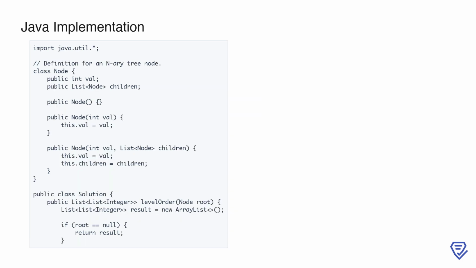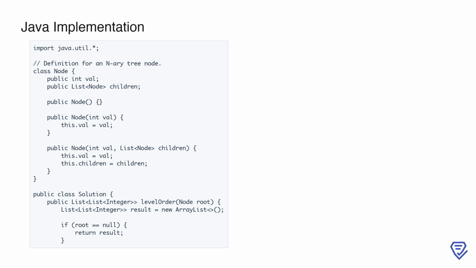Here, we start by defining the structure of our N-ary tree. The node class includes an integer value, val, to store the value of the node, and a list of children nodes. We've provided 3 constructors, one default, one that initializes the node's value, and one that initializes both the value and its children. Next, we define the solution class where the level order method will perform the level order traversal